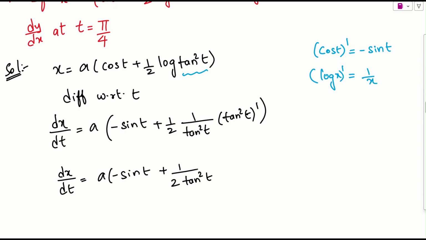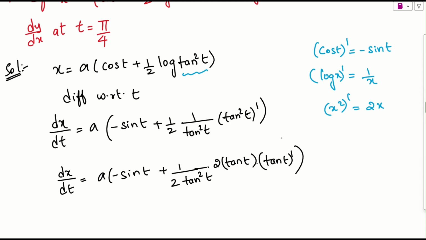Yeah. So if I apply this, what we will be getting here is tan square t into, what is this? Tan square means this is in the form of x square. What is x square derivative? Which is nothing but 2x. I'll be applying the same thing here, which is 2 into tan t. Is it fine? And again what should we do? We have to apply the derivative of tan. Let me write it down. So I can take this as the whole derivative of tan t. Is it okay? If you have any doubts or any line you did not understand, just let me know here. Is it okay?